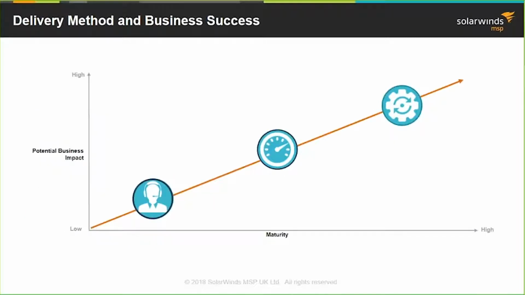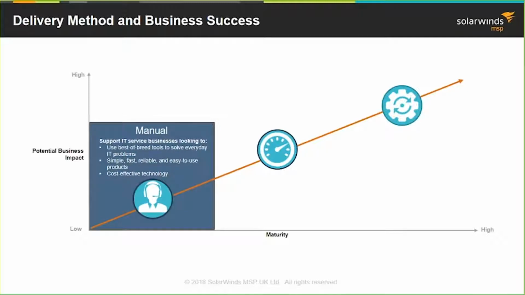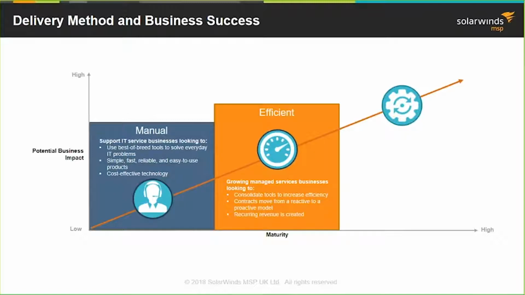So when we think about the delivery method and business success, many of you have probably seen the maturity model and looking at the different ways that you support your customers. First is in a reactive model. Reactive model in that manual component is where we want to be looking to drive efficiencies. You want to be thinking about an a la carte strategy here, getting more entrenched into the business of your customer. The efficient side is that as we start to line up different types of business services, align with technology, things like managed AV, managed patch, etc., it will start to lend itself to moving them into an efficient level of management, what we would typically call a proactive program.